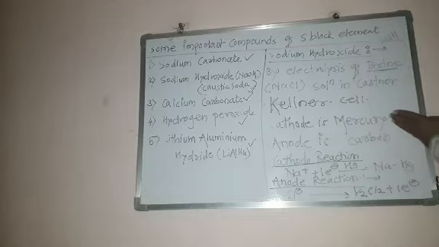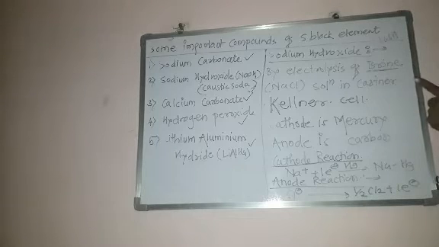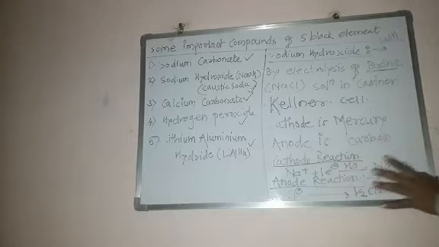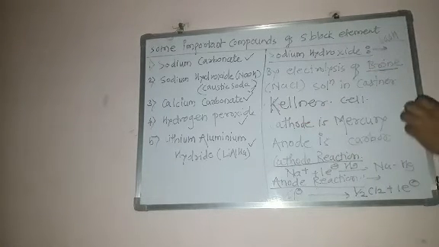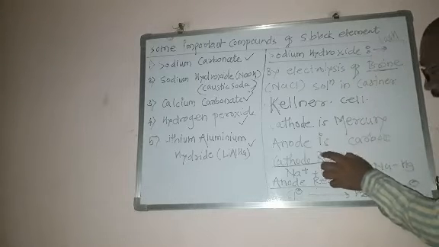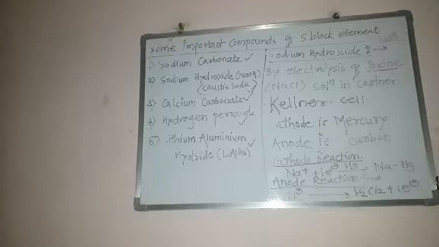When you pass electricity through the cathode and anode, you know very well that the cathode is made up of mercury and the anode is made up of carbon. During this electrolysis process, a reaction is carried out on the cathode as well as on the anode: the cathode reaction and the anode reaction. The NaCl solution dissociates to the respective electrodes.